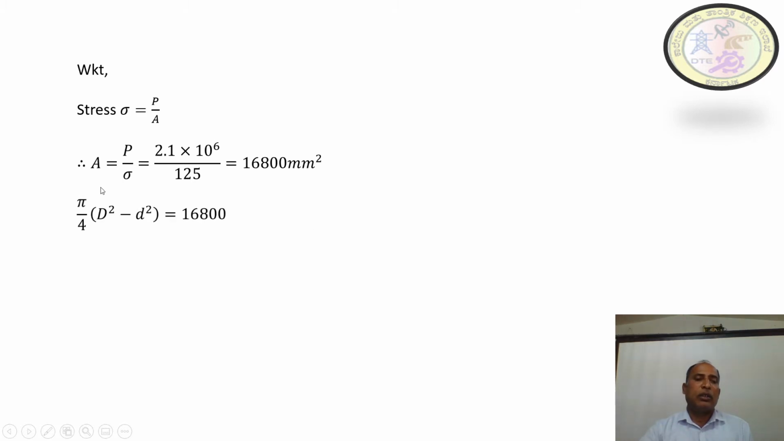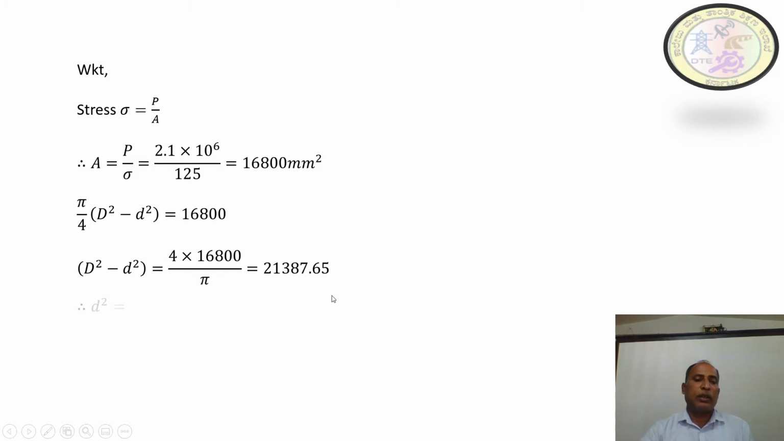As we know, the cross-section area of a hollow steel column is pi by 4 into capital D square minus small d square, and that is equal to 16,800. Therefore capital D square minus small d square is equal to 4 into 16,800 divided by pi. So that gives us